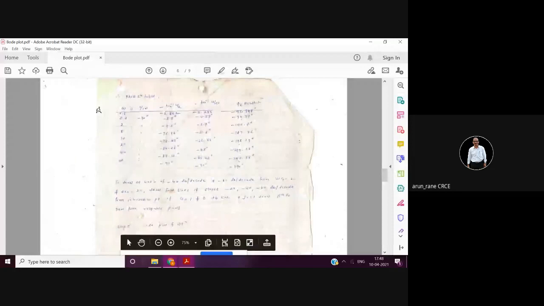Then this is a calculation for your phase angle plot. Now how to draw the phase angle? Now here it is 2 plus 0 j, and this is j omega. Okay. And this will be 1 plus s, you are replacing by j omega. So 1 plus 1 upon 2 j omega. This will be 1 plus 1 upon 20 j omega. Okay. So what will be the value of phi? Value of phi will be, now this is 0 upon 2, correct?